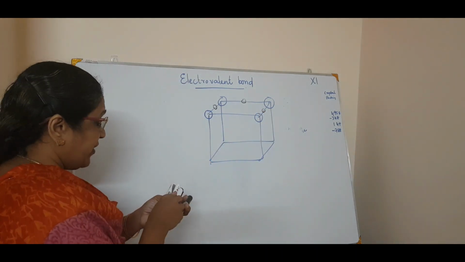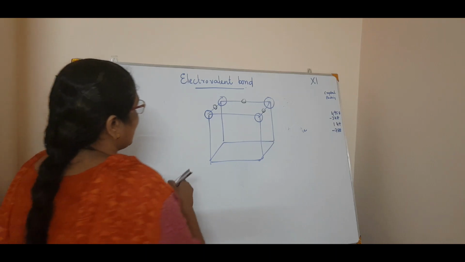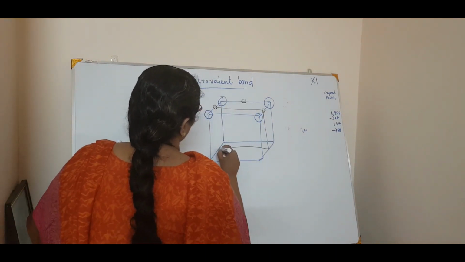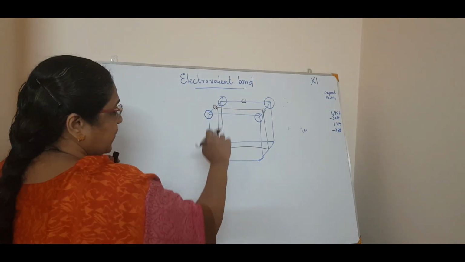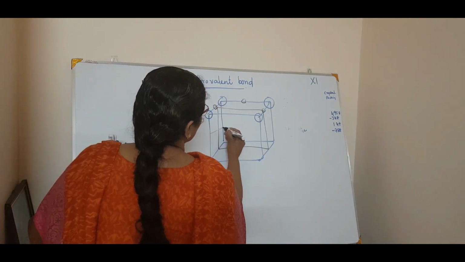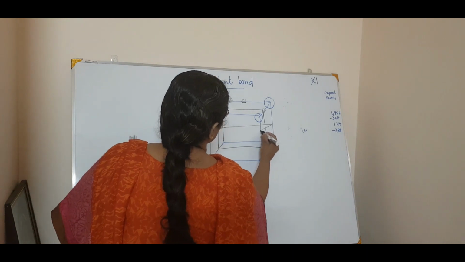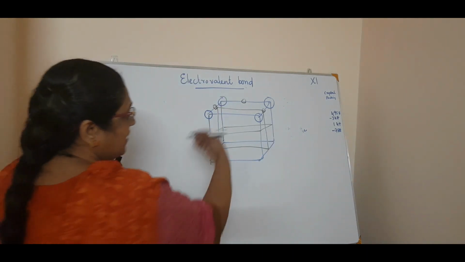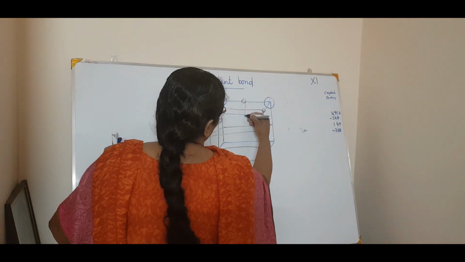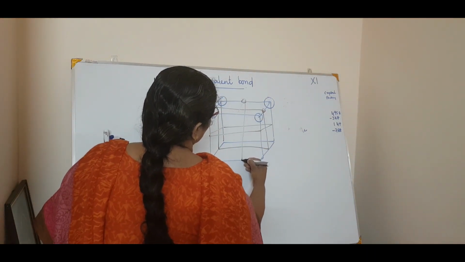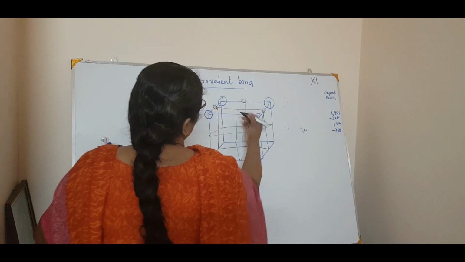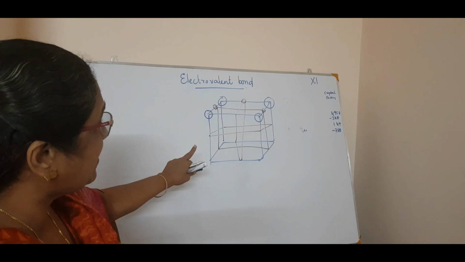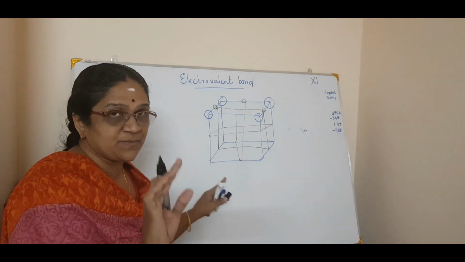So how do you go for a three-dimensional structure? See, three-dimensional structure means it will come like this, like this and like this. It is one side. Then again, like this, like this, like this and like this. See? In all these, again one more, like this, here, then here, then here and here. So when you examine and go through the diagram in the textbook, it is clearly written.